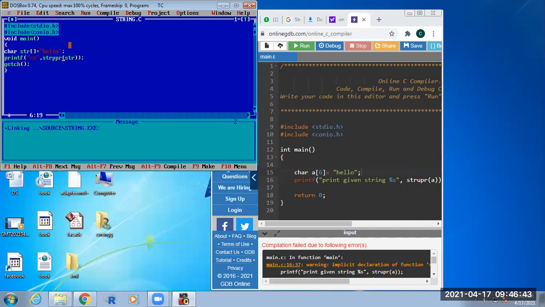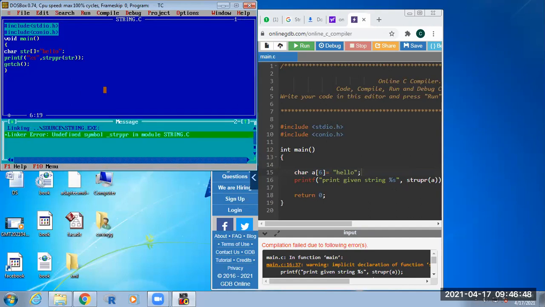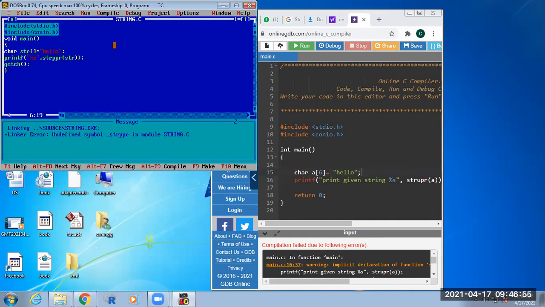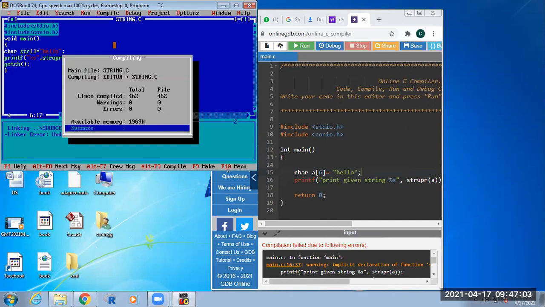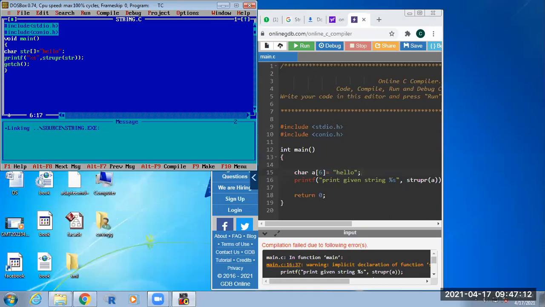Okay, now Alt F9, then Control F9. I just wrote the wrong syntax, it should be strupr. So Alt F9, Control F9. See here, this is the new output. Understand? Okay, it's visible.